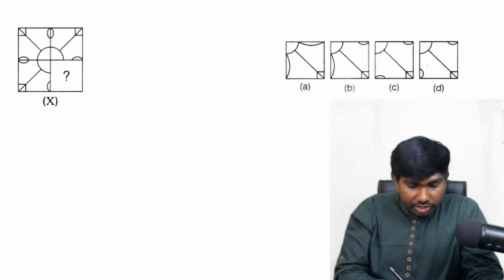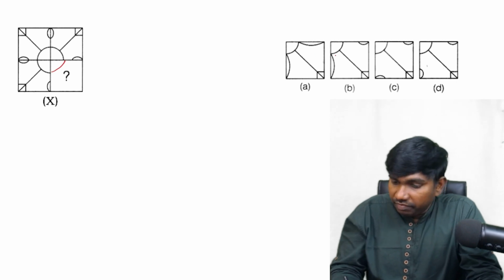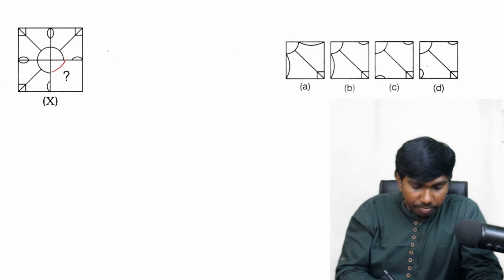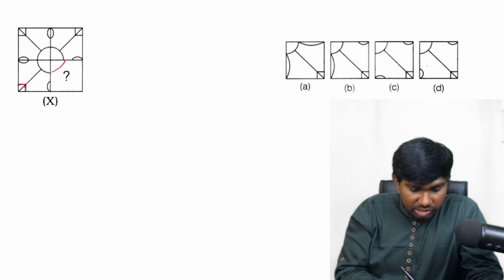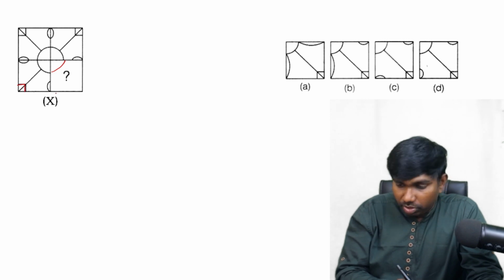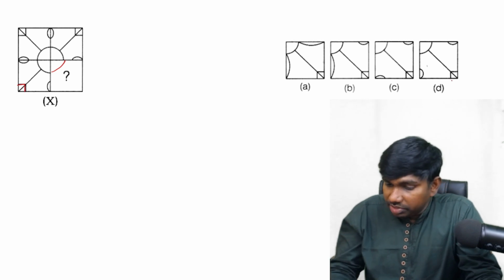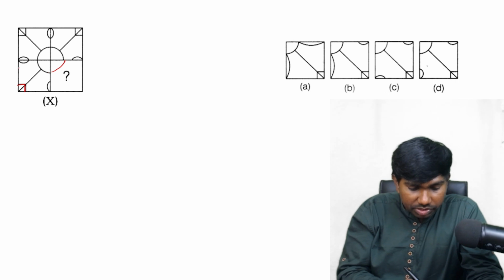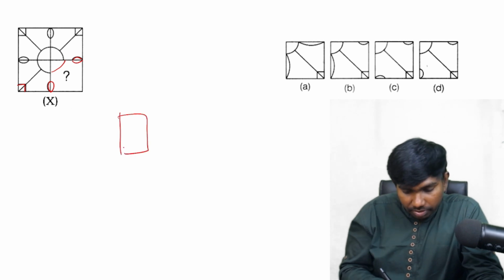Next one. Yes, there is a quarter circle here. In every figure there is a quarter circle, that is okay. Next, there must be a square in the bottom corner. There is a square in every figure. Next, to complete this part there must be a half curve here, and to complete this part there must be a half curve here. So in our answer figure, bottom left there is a half curve and top right there is a